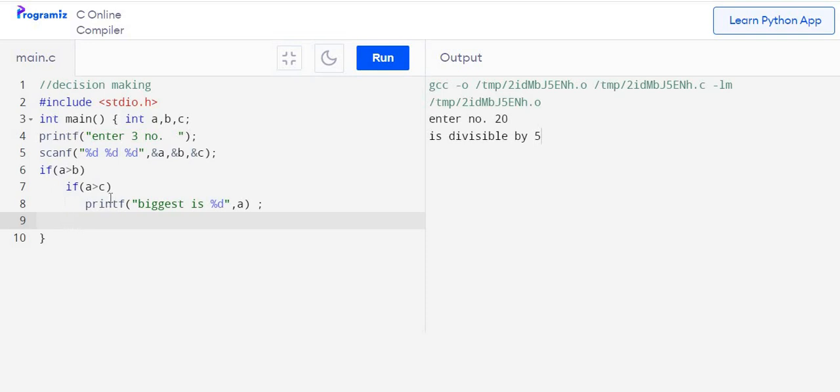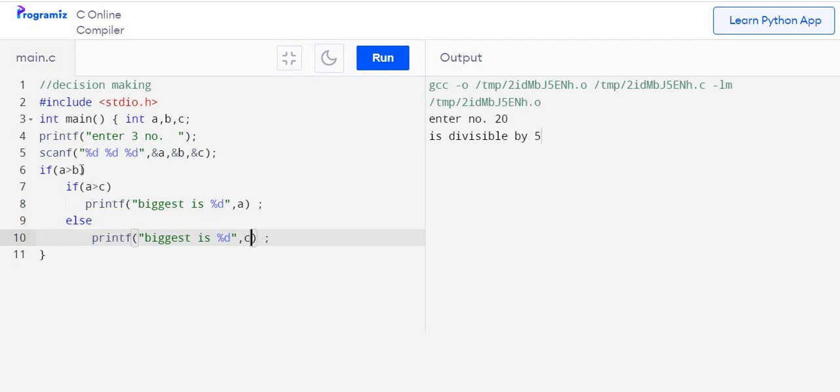If A is greater than C is not true, that means A is less than C. Now A is bigger than B, but A is less than C. That means C is bigger. So in this case, we have to print that C is bigger number. So if this condition is false, then what we have to write down is else that bigger number is C.